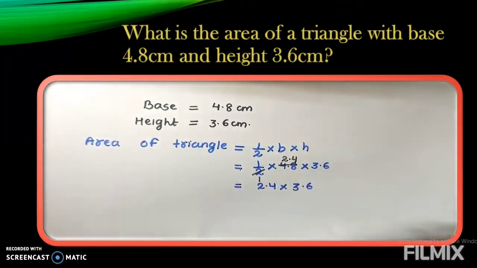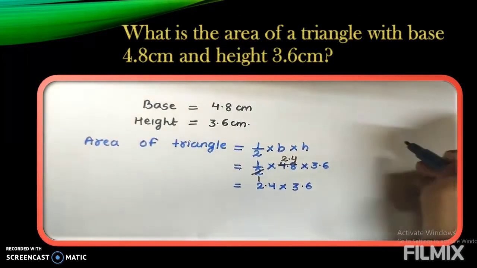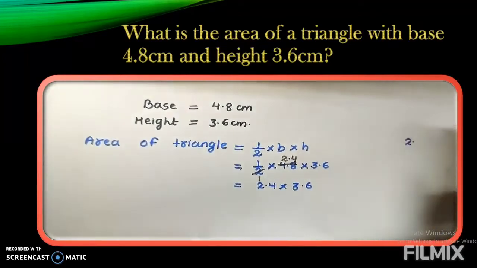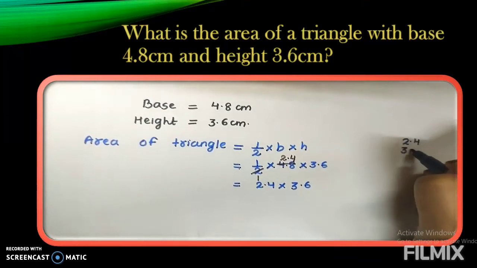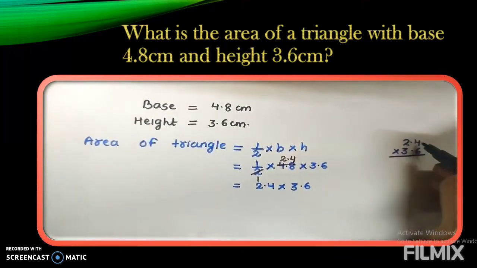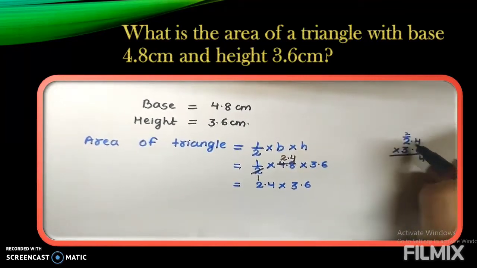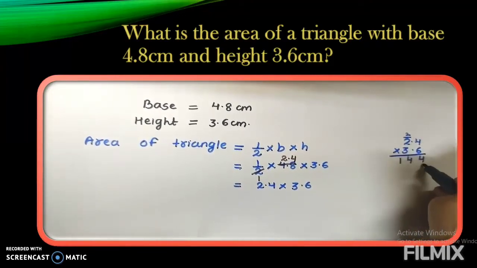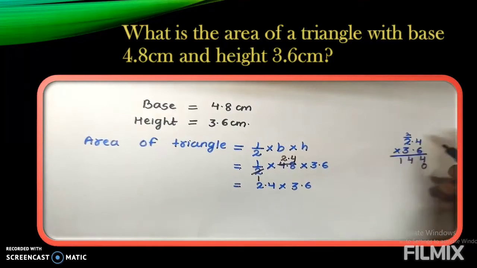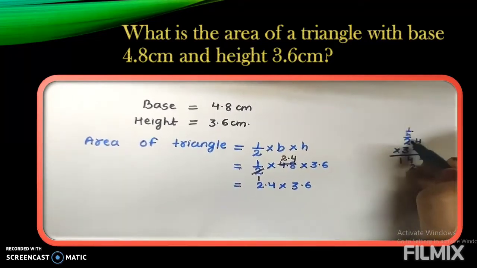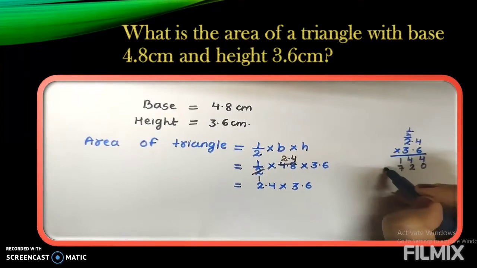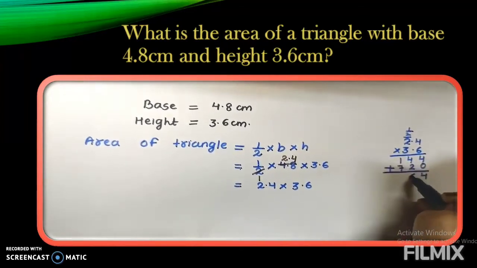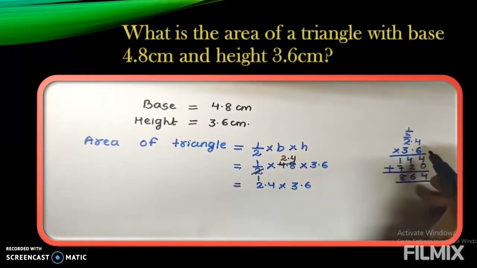Now we will multiply both. So here you will make the working column and we will multiply 2.4 by 3.6. Now multiply 6 4s are 24. 2 we will carry up. 6 2s are 12 and 2 14. As we are going to multiply by second number, so we will put cross or 0. 3 4s are 12. 1 we will carry up. 3 2s are 6 and 1 7. Add 4 and 2 6. 1 and 7 8. So answer is 864.